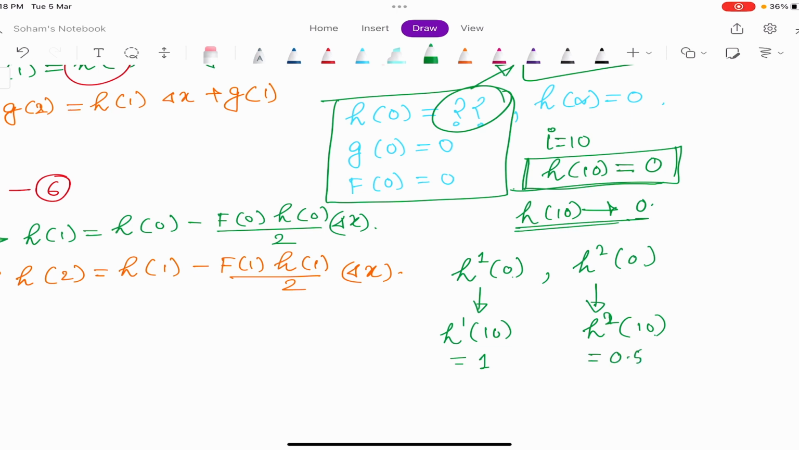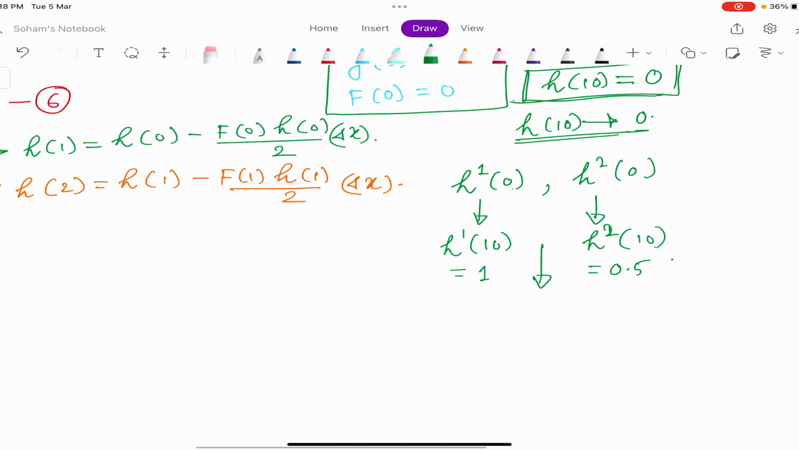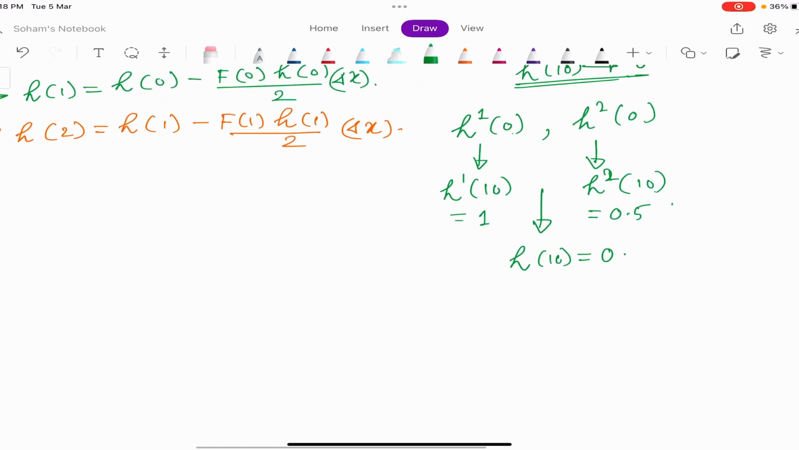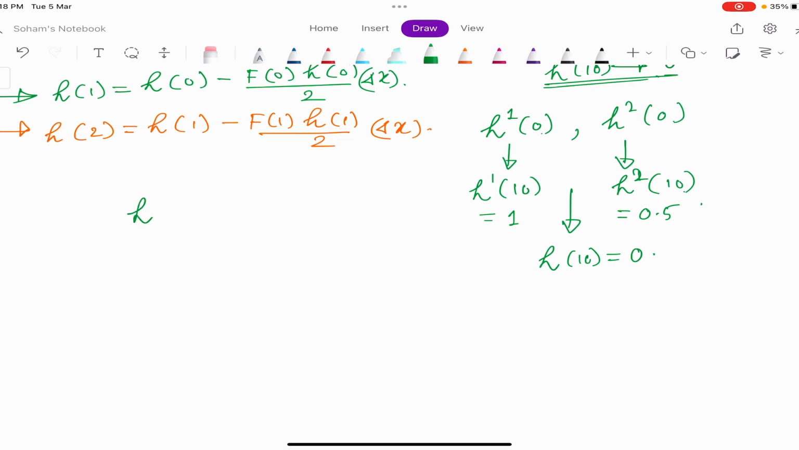This has something 0.5. Now you have two values, and you know your target value is h10, that is equal to 0. So now you can interpolate, right? You can interpolate to decide what your next case should be. So the next case is 3. So h3 of 0 minus h10, by let us say h2 of 0 minus h1 of 0,